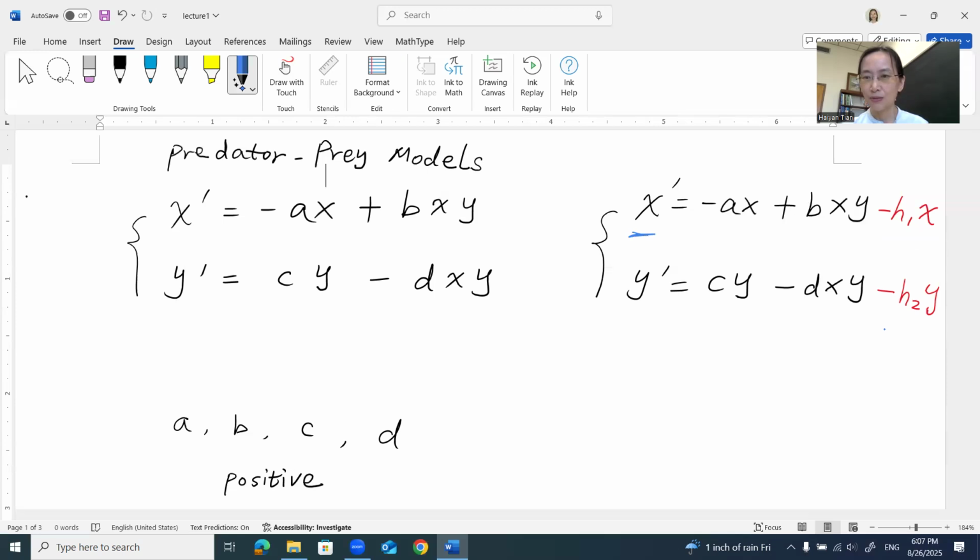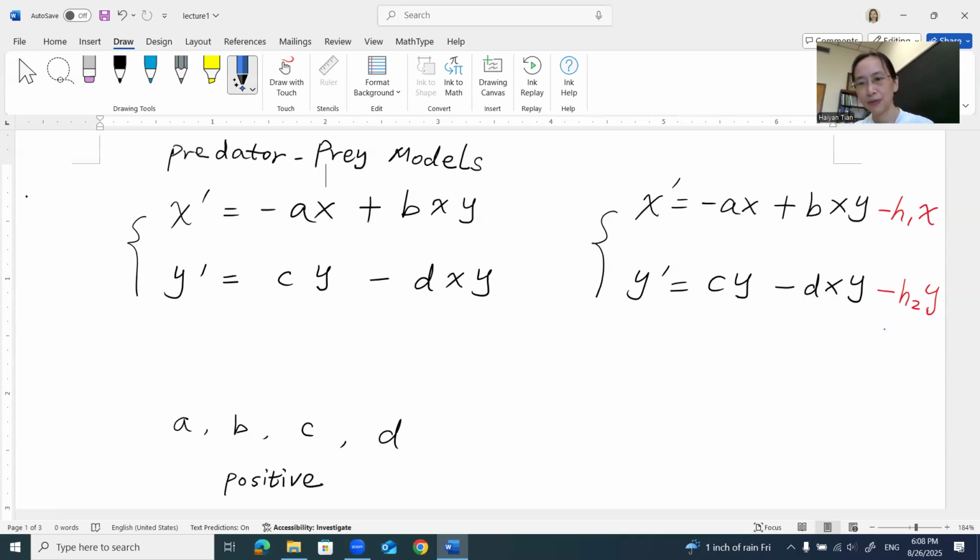It will affect the rate of change of the predator in this way, it will decrease the population because of this negative times H1. Here, H1 is positive, assuming it's a positive constant. So negative H1 times the current population is a negative effect, that means it will decrease the